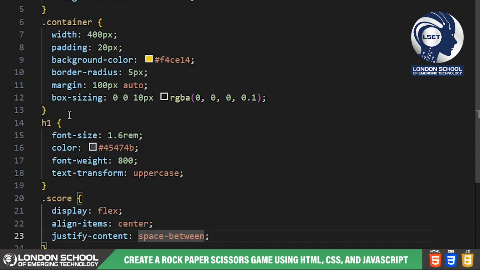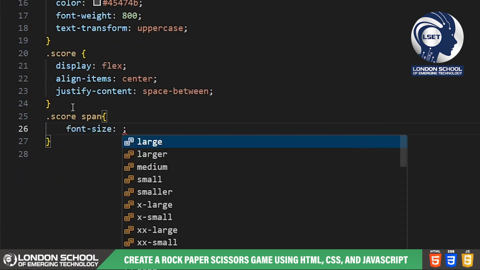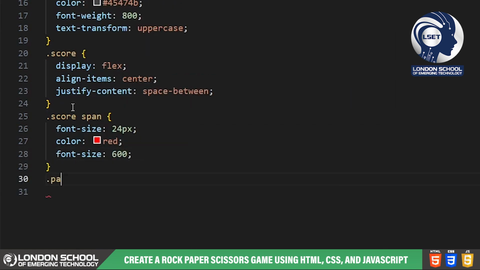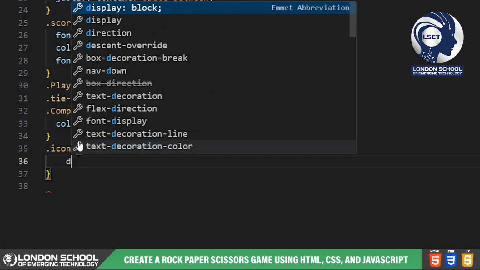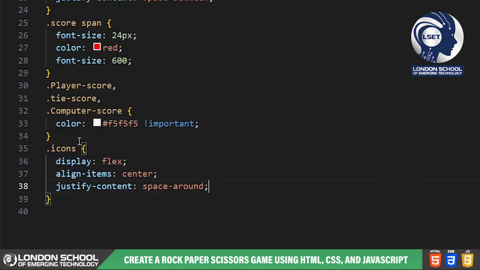In the score section, we use Flexbox to align the player, tie, and computer scores evenly. The scores have a red font color and a bold weight for emphasis. The specific score classes player score, tie score, and computer score are styled differently, with a light color to make them stand out. For the icons section, we use Flexbox again to evenly space out the rock, paper, and scissors